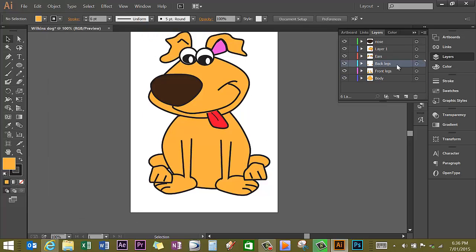So I need to move the back legs behind the front legs. I'm going to click here, and that will lock the back legs layer. And I'm going to click and drag the layer below the front legs, and you can see now the front legs are in front, the back legs, then the knees. But I'm not happy with where this foot is here,